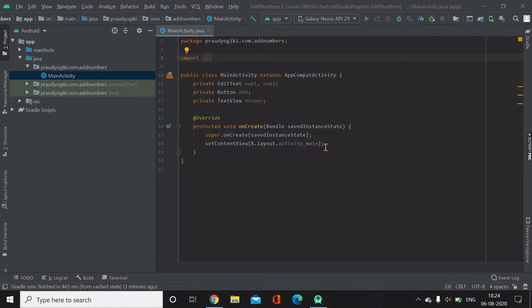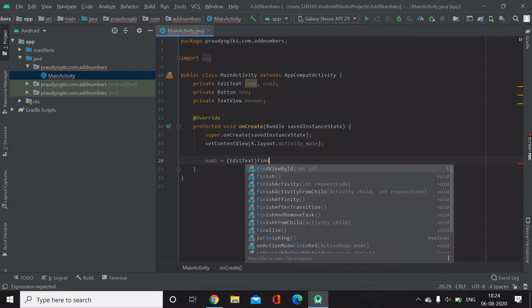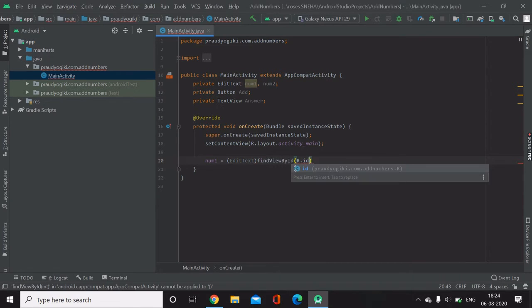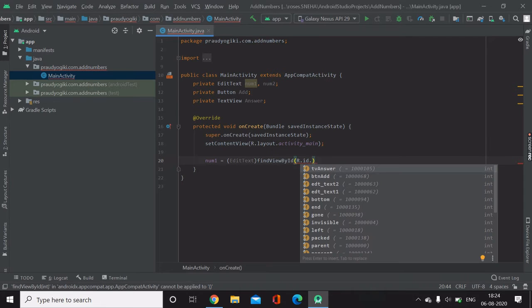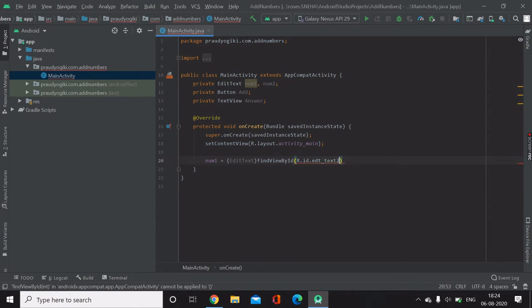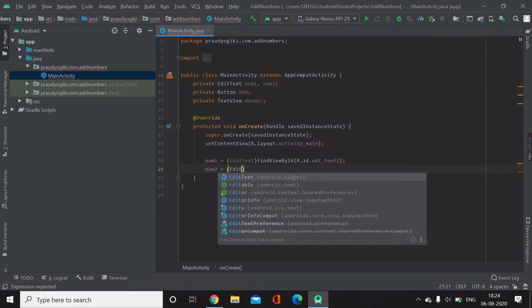Now we have declared our variables and we will assign them to the IDs in the XML file. Number is text, find view by ID. For num2,